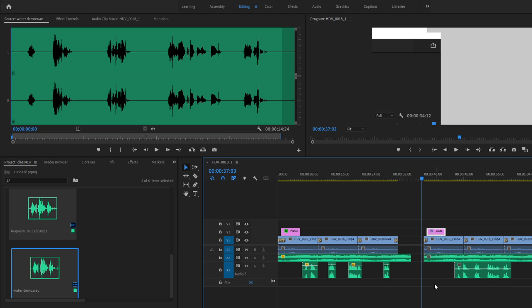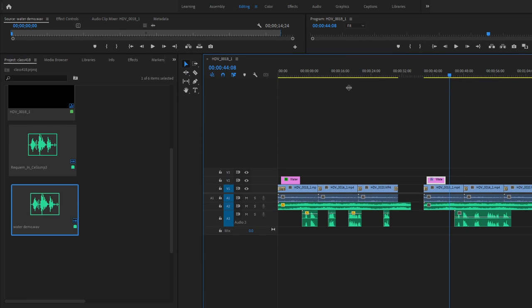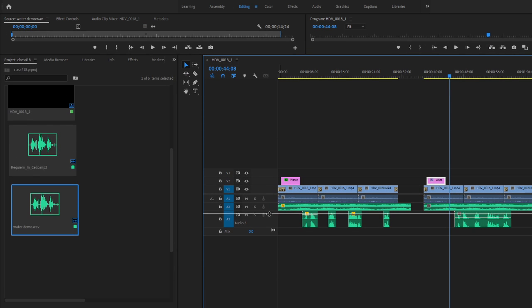Okay, now with that playing, I know that the underground, the music part of it is too loud for what I want to do, and the audio of my voice wouldn't be heard. So here's how I'm going to adjust that. I'm not going to adjust my natural sound, but I am going to adjust my audio for my other part of my clip. To do so, I'm going to move this up so I have a little bit of room to work. And I'm going to take the audio clip, I'm going to pull it down,